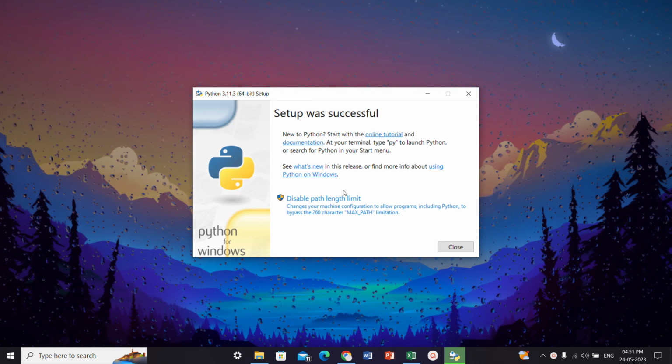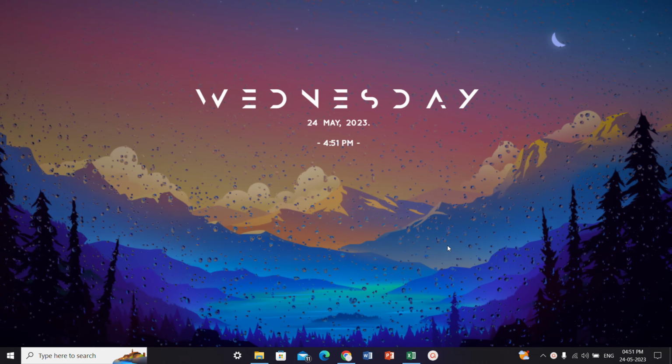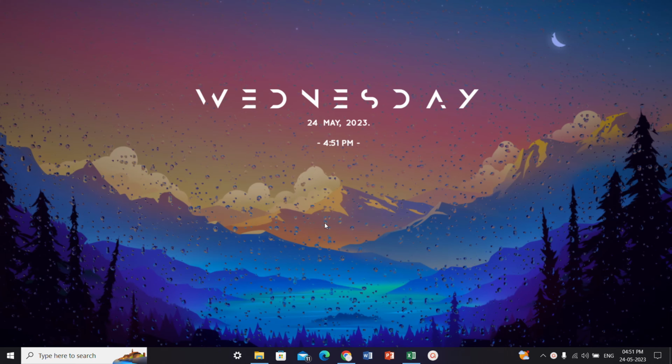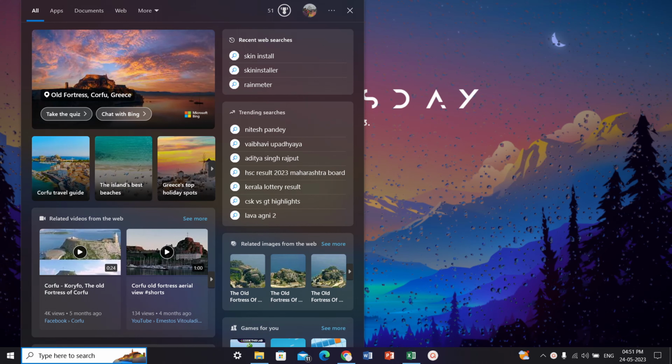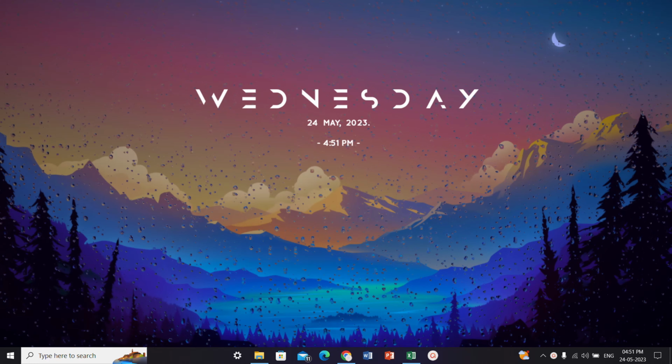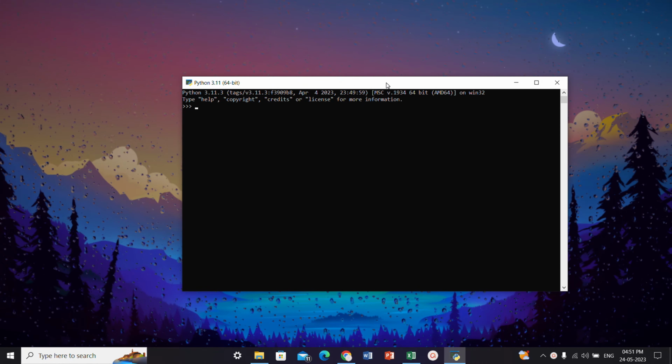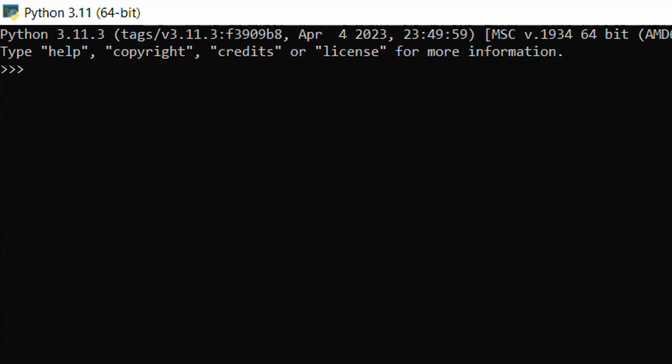Now we can close this one. So let's verify the installation. For that we have to go to the search bar and search Python. And here, for testing it, I'm going to type a very basic code, print. Let's type print. It did work,